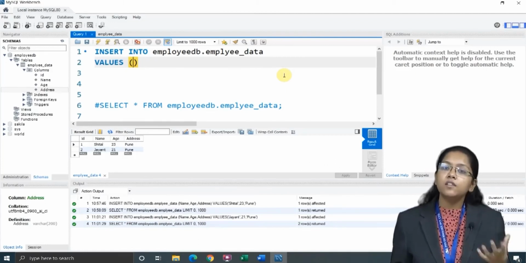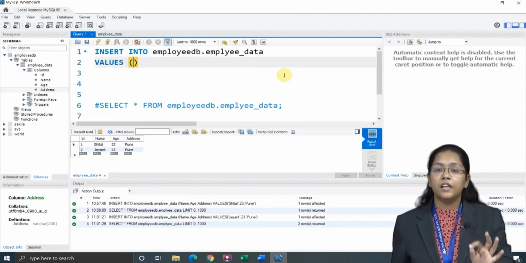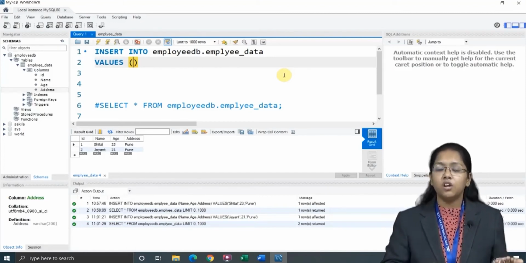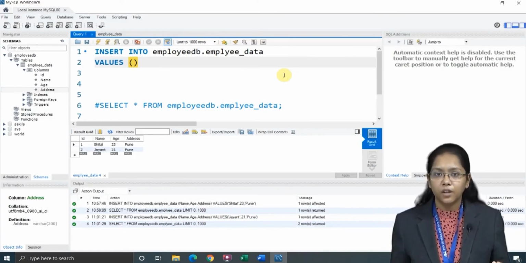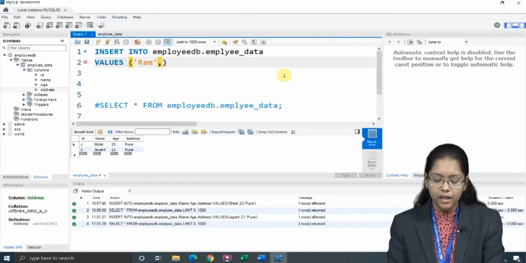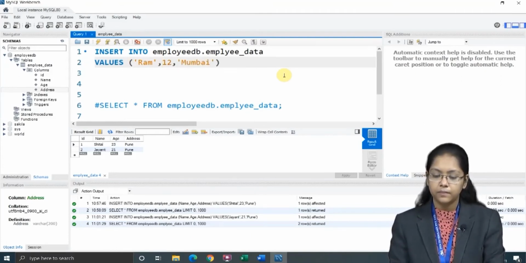But still we will check with name, age and address only, to see whether my query is running or giving me an error. So here I will write, let's say, the name Ram, then my age is 12, and the address is Mumbai. Then I will add a semicolon.